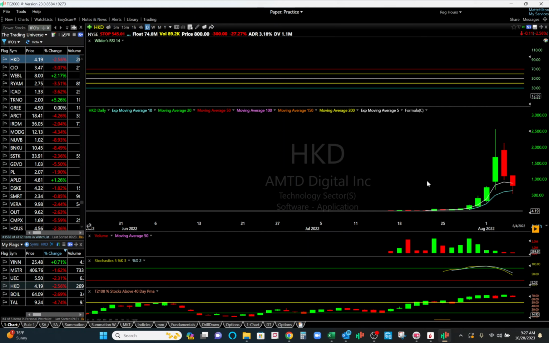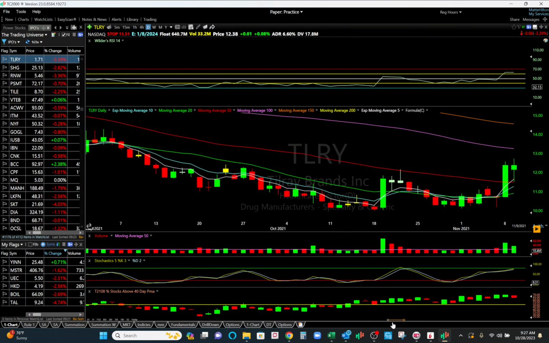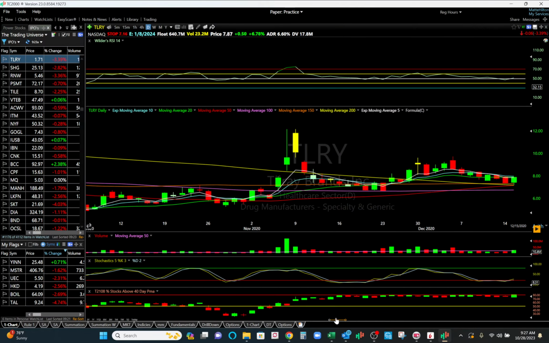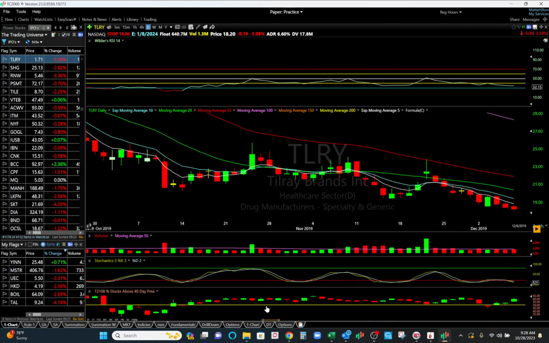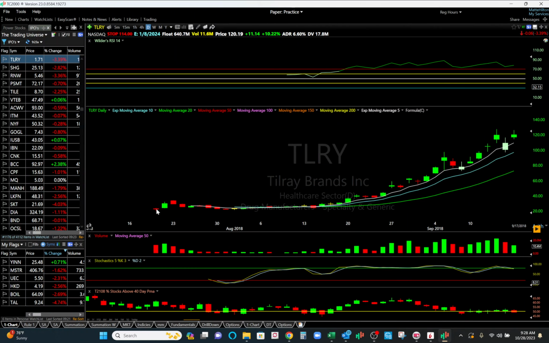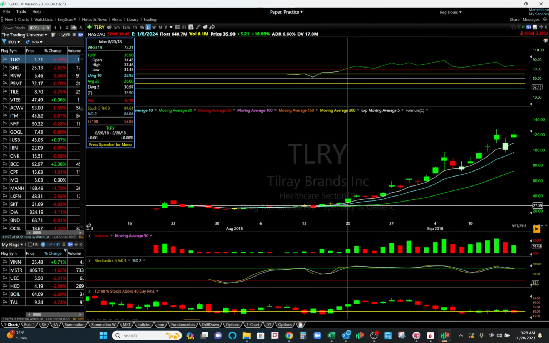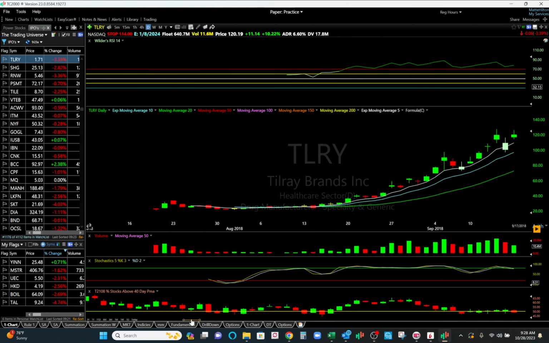That's why I always do this IPO scan. We'll look at Tilray. Go all the way back. Sorry if I make you dizzy here. Here's Tilray. IPO day. Here's the high, it's consolidating, basing through here, and then here's the breakout. On 6 million for a $35 stock, I mean, that's $180 million volume. That's why I trade high dollar volume stocks. Here's the breakout, goes sideways, and you definitely better be in by this day, right there.